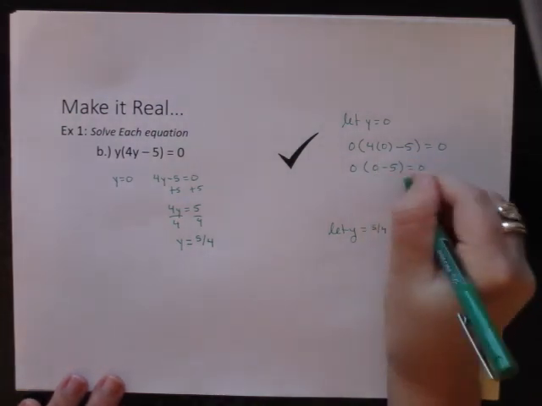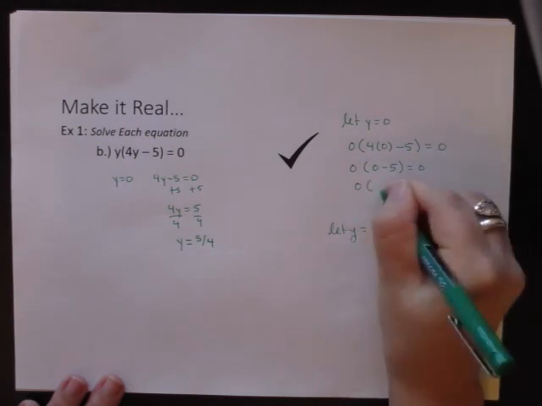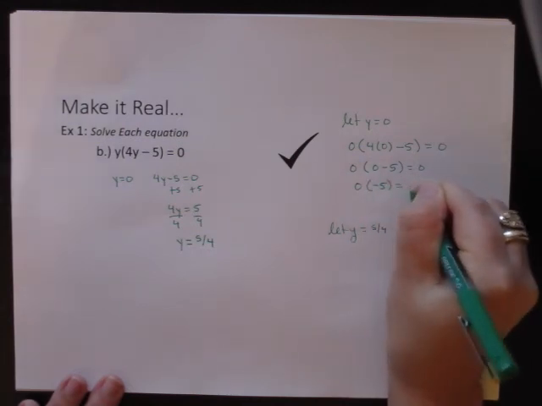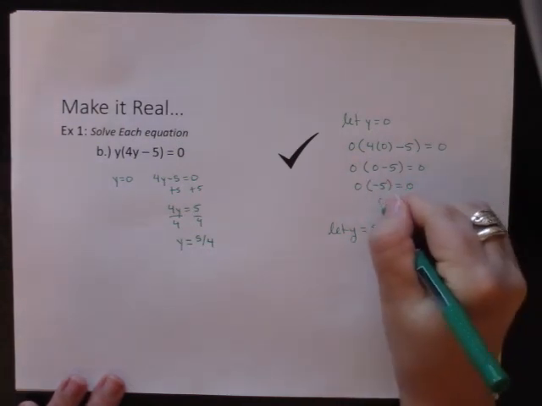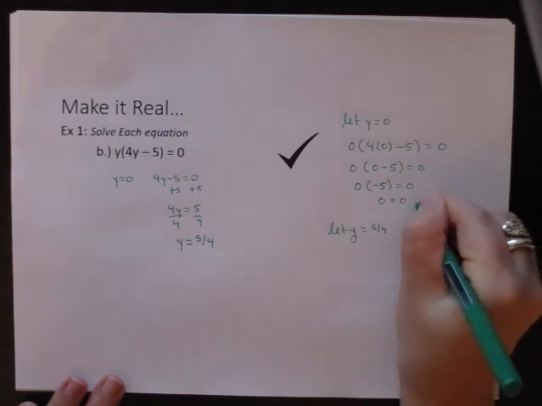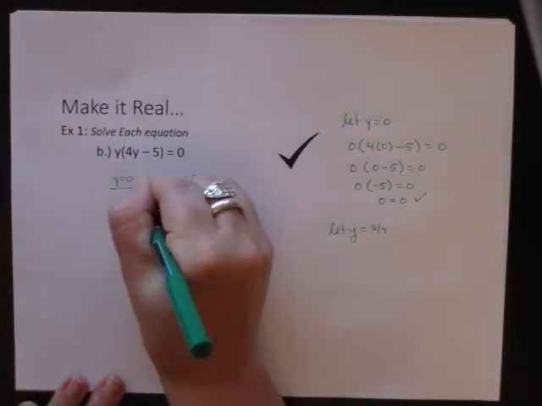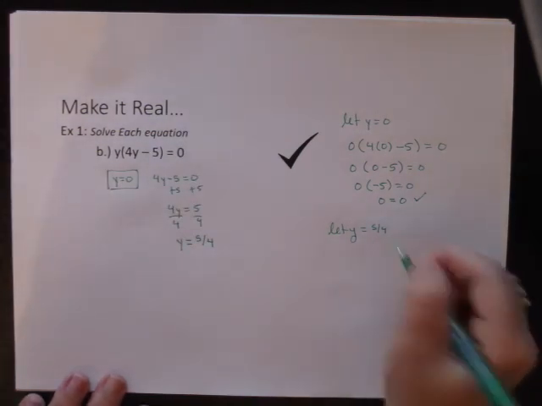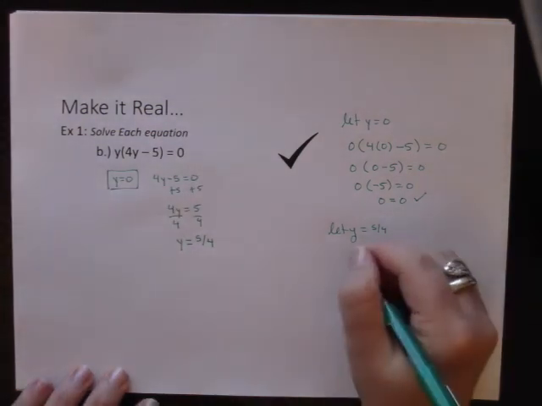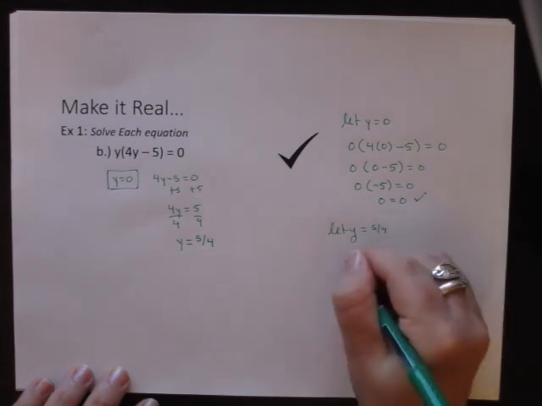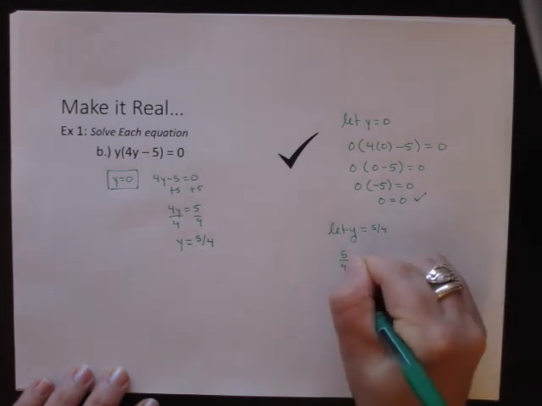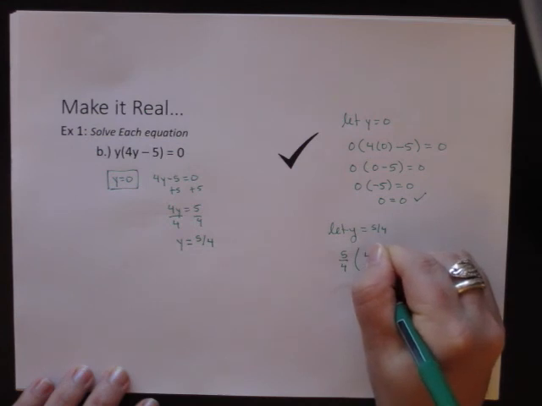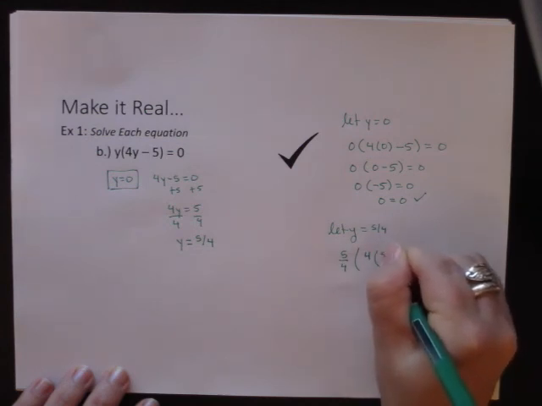And again, I've got to finish up my parentheses, so I'm going to go 0 times negative 5. But we know that 0 times any number is going to give me 0. So this one checks out. So now we've got to let y equal 5 over 4. So wherever we see y, we've got to plug in 5 over 4. So I'd go 5 over 4 times 4 times 5 over 4